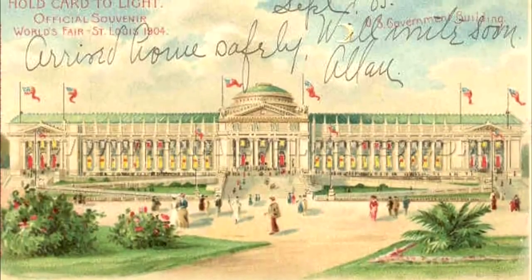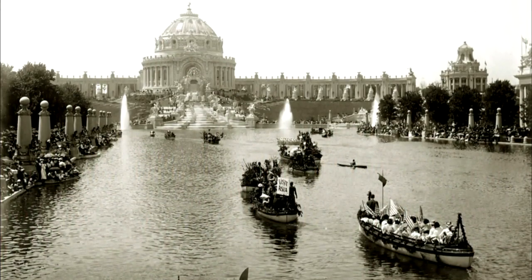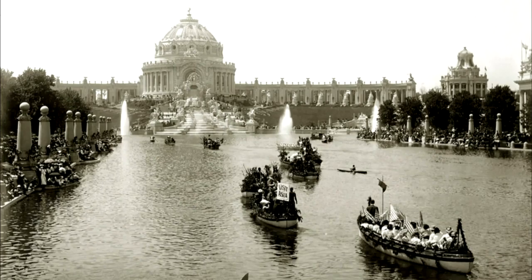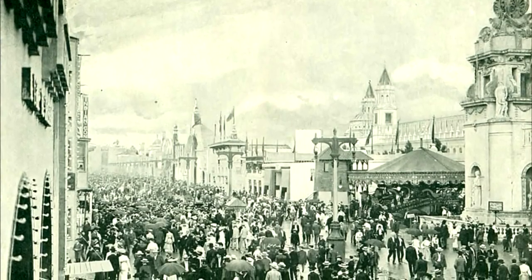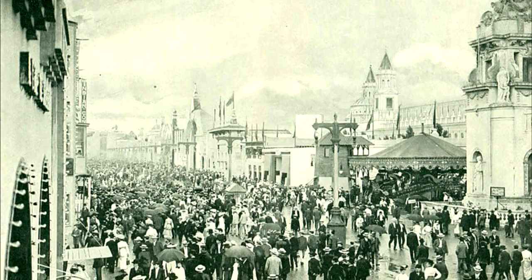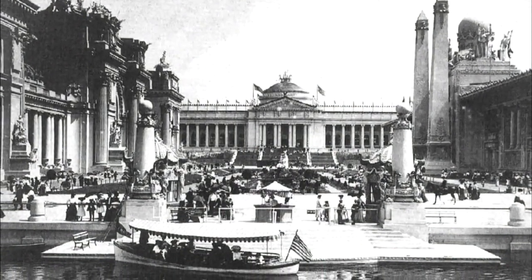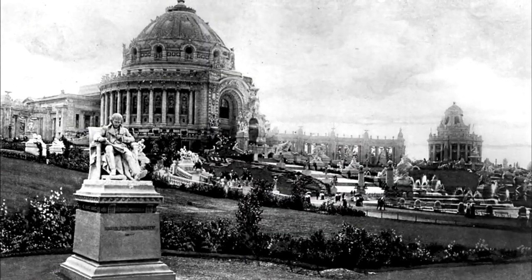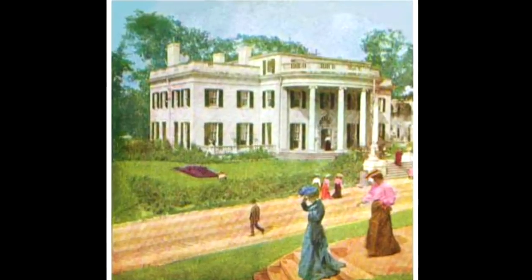In 1904, St. Louis hosted the World's Fair to commemorate the centennial anniversary of the Louisiana Purchase. Built on 1,200 acres, the fair featured over 1,500 buildings, with showcases from across the world and exhibits representing each U.S. state. Of the original buildings, only 12 remain today, including the Connecticut State Pavilion, now known as the Haan